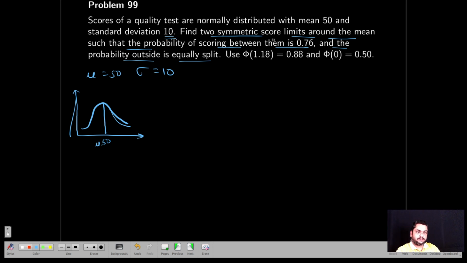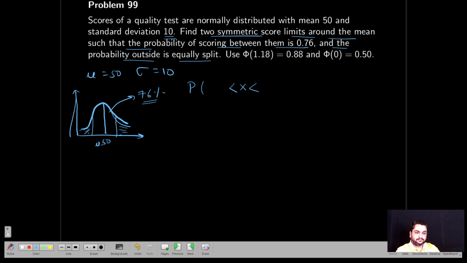Now, find the two symmetric score limits around the mean such that the probability of scoring between them is 0.76. So this is the total area. 0.76 means the area is 76% of the distribution. And the probability outside, lying outside this area, is equal on both sides, that is the tails. They are both equal, that means it's symmetric. Now, what is it that you have to find? You have to find the probability that x is in